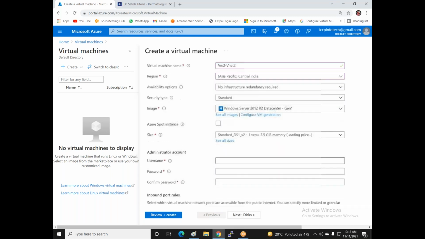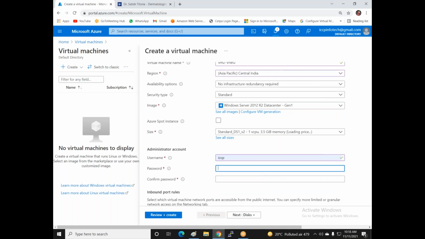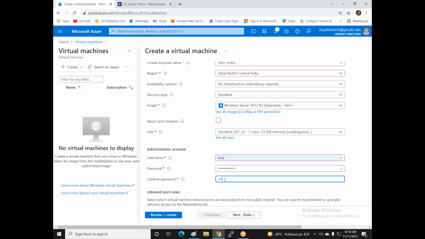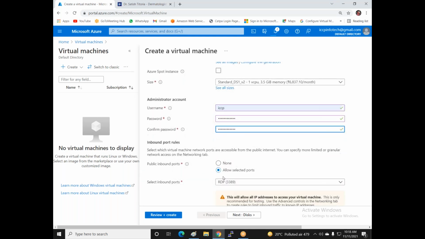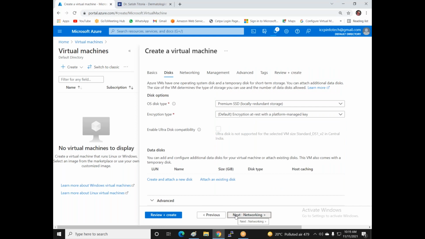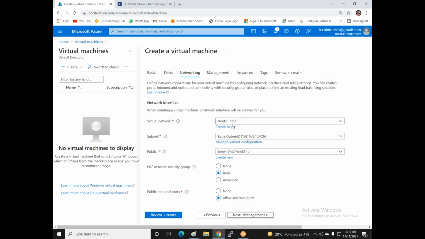And now here you can see the VNet 2 India subnet is available automatically.